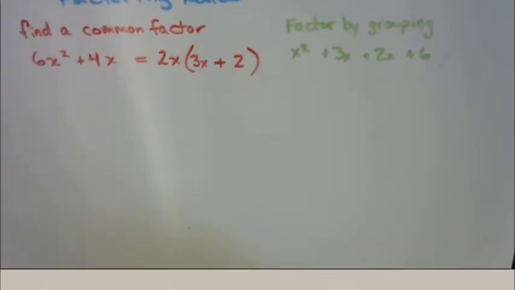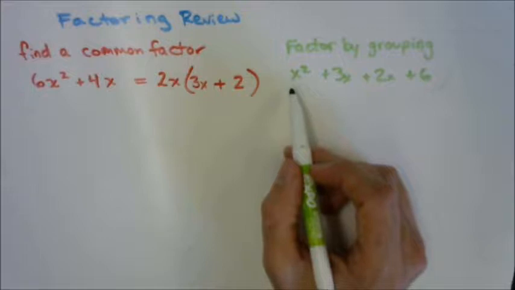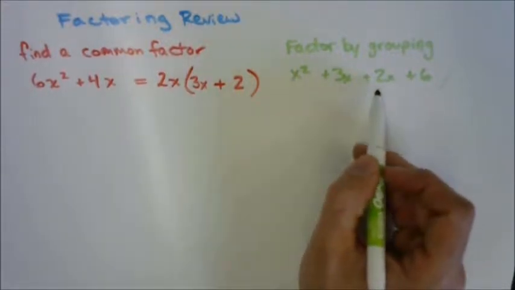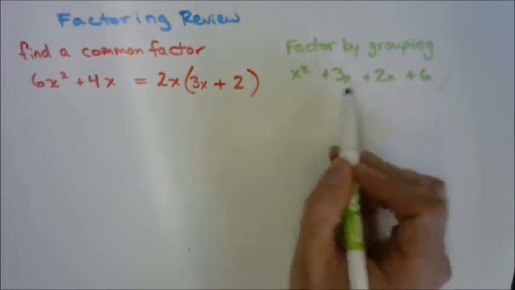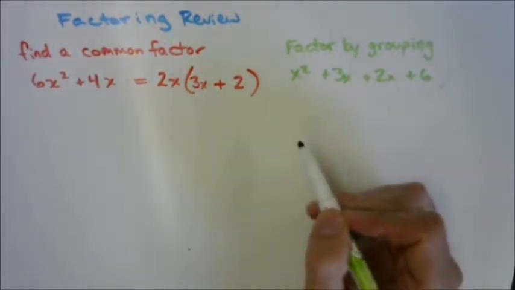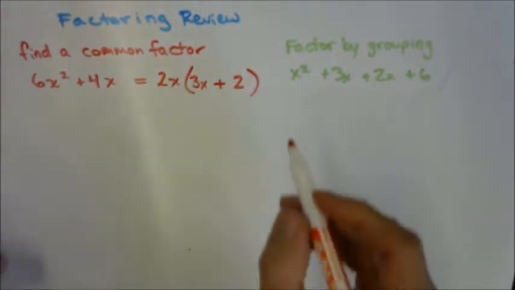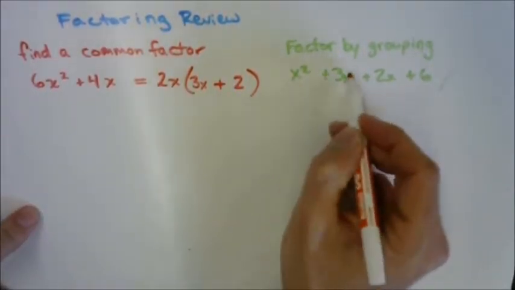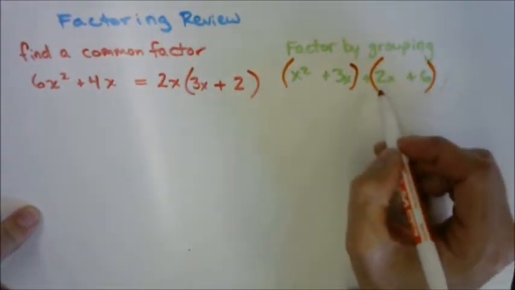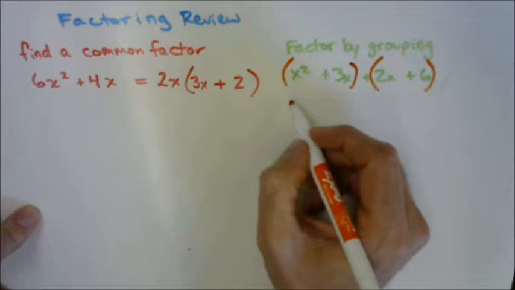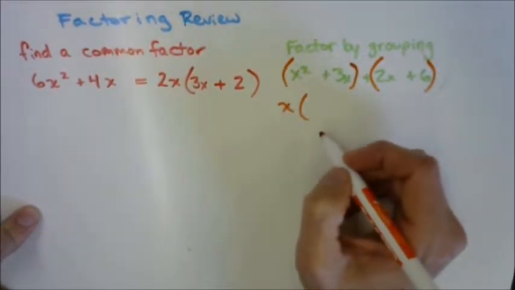The other strategy we need to be familiar with is factoring by grouping. So if you were given something like x squared plus 3x plus 2x plus 6, where we can look at all four of the terms and we find no common factor that we can pull out of all of them, then we can simply group our terms. I notice that these two terms have an x in common, and these two terms have a factor of 2 in common. So over here we can pull out x, which leaves us with, Isaiah,